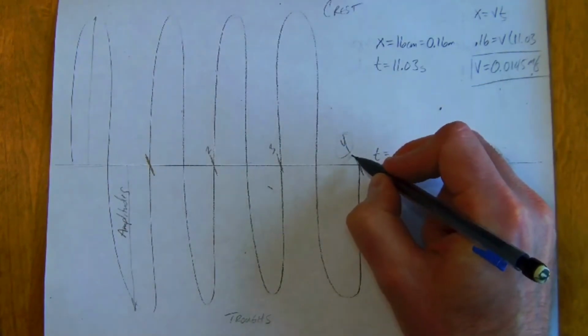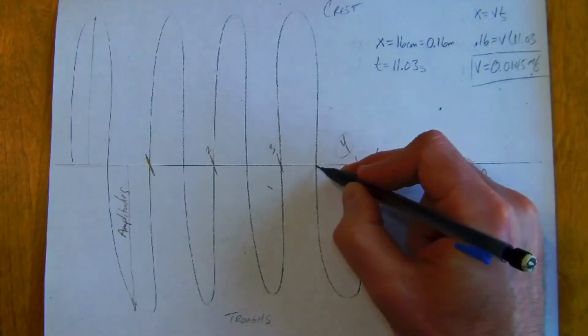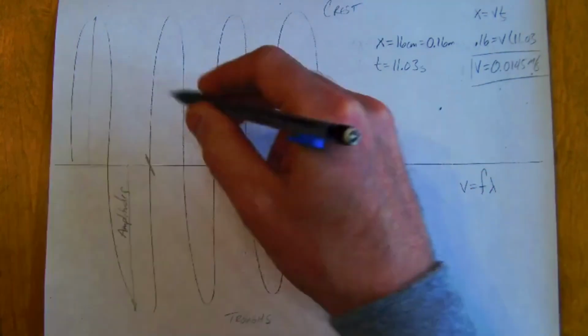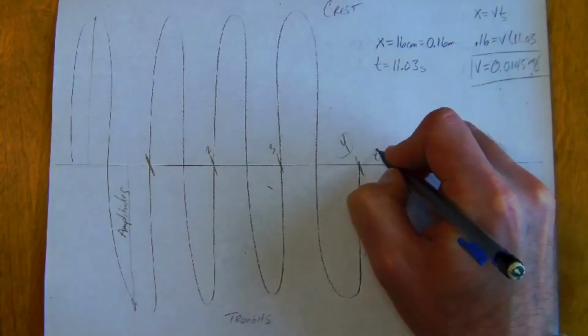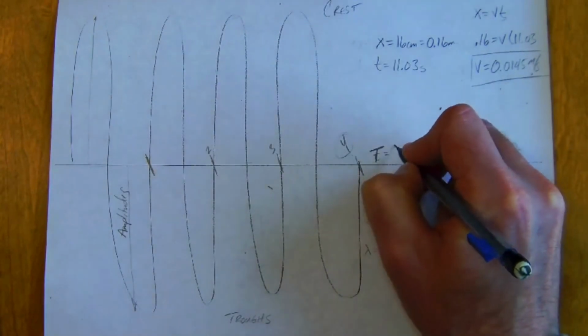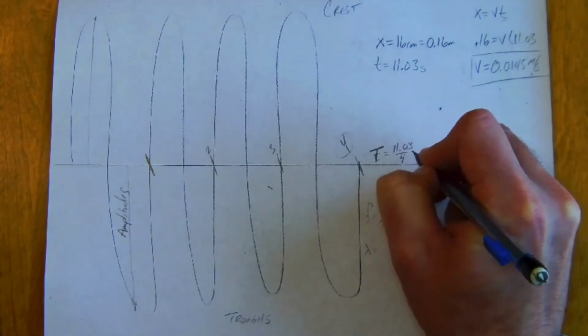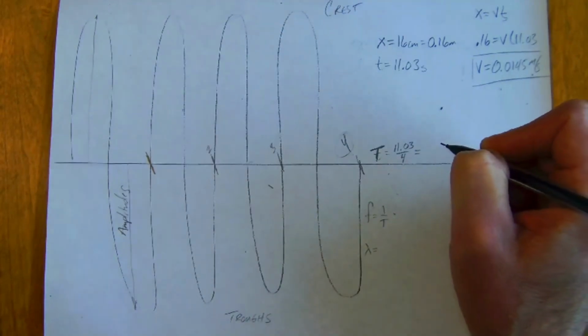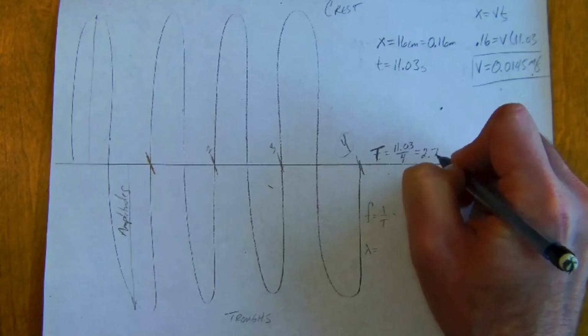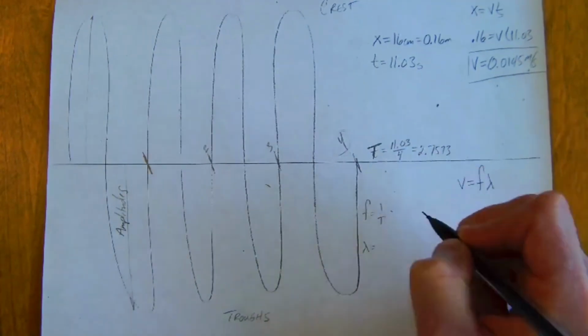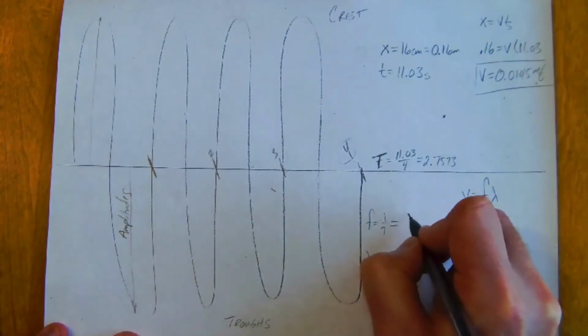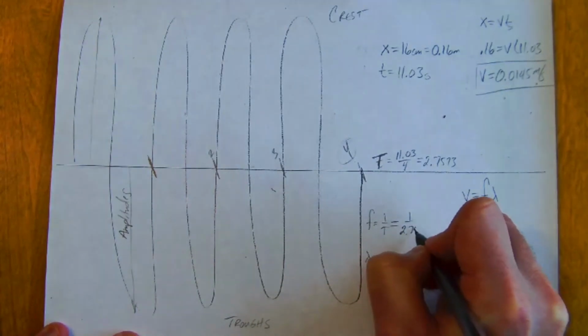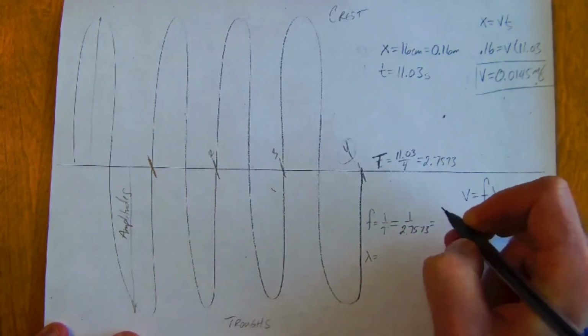In my case, it's 4. In your case, maybe it's 3.5, it might be 3, it might be 2.5, however many waves that you have. So my period is 11.03 divided by 4, which is a period of 2.7573. To find the frequency, I'll do 1 over 2.7573,